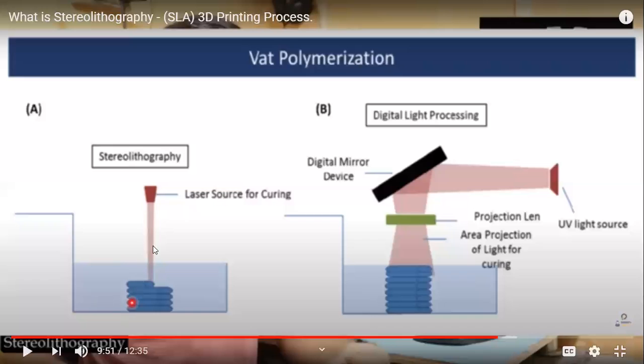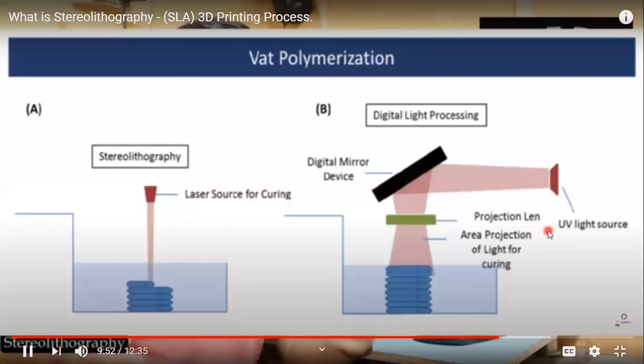Since it is a very thin beam, it will take a lot of time to get the entire thing as a 3D printed model. But in a DLP process, like a digital mirror, the area covered by the beam is larger compared to the laser beam. So that's the advantage of DLP compared to the laser source of curing.